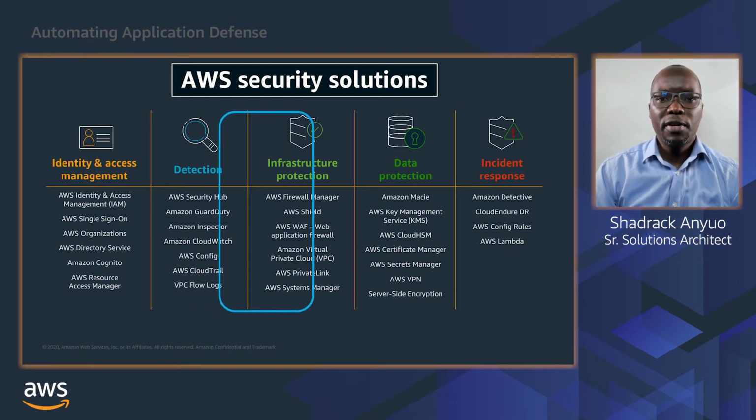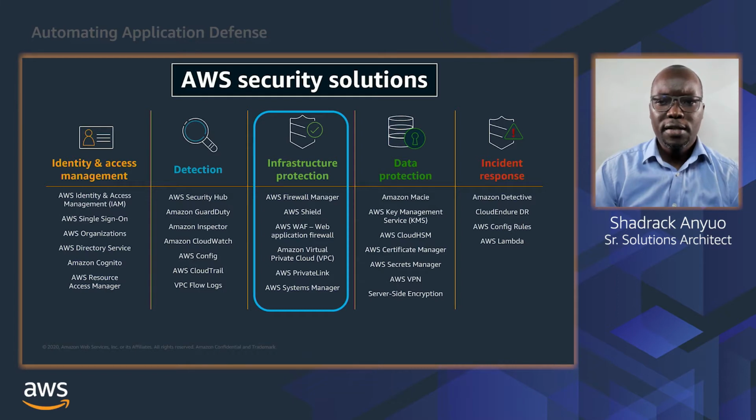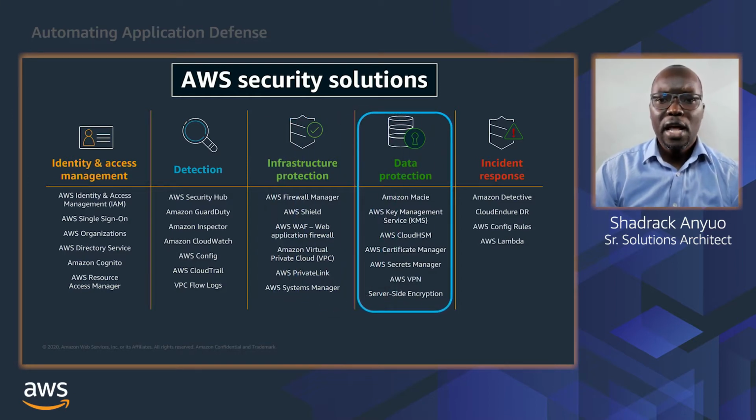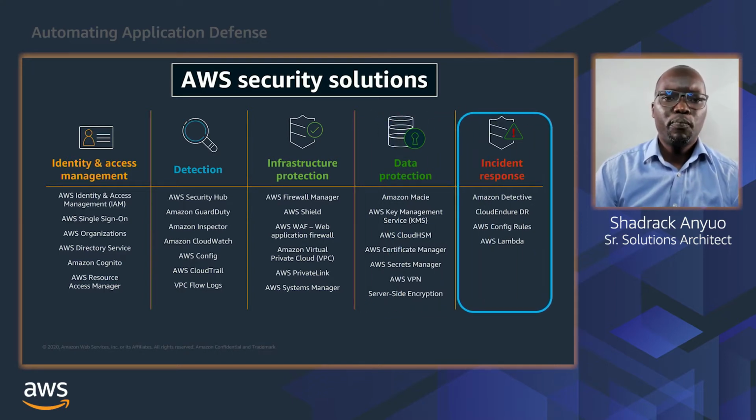Under the infrastructure security pillar, we have services that help you to block access based on predefined rules on malicious behaviors. And here we have two specific services that we are going to discuss in more detail. That is AWS WAF and AWS Shield. Then under the data protection pillar, we have services that help you to analyze data access patterns and also to protect your data either at rest or in transit. Lastly, we have the incident response pillar, and here we have a suite of services that help you to automate security response, and those services are such as Lambda and even AWS Config rules.